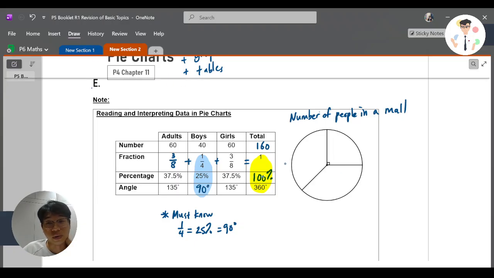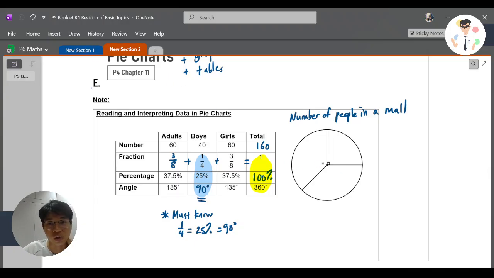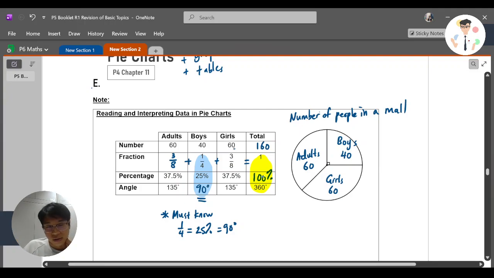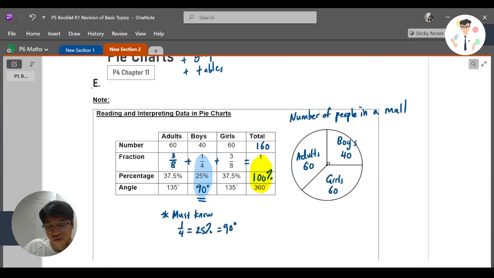Now let's try to put in all the information. 90 degrees, you know for sure has this square little box. So I know this is boys. Boys, I know I have 40. And these two are the same, so I can just put adults 60, girls 60. Now, in the exam or in the questions that you'll be seeing later, maybe one gives you fraction, one gives you angle, one gives you percentage. What you are supposed to do is to